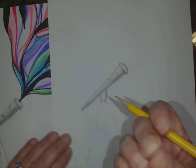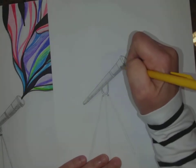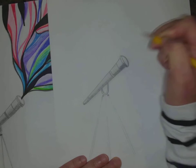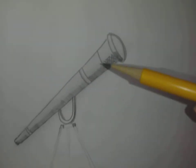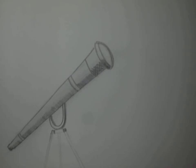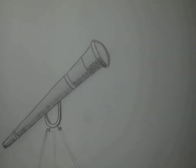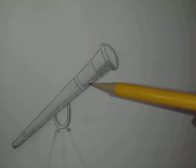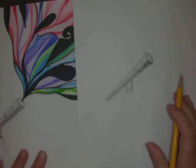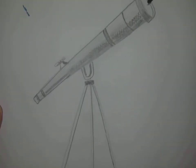Okay, and now I'm also going to go along it and create these tiny X patterns. I want to see if you can see how I've done that. It's these hash marks. So you see how I've taken, here we go, my camera's moving. All right, how I've taken lines and drawn them this way and then this way. They're crisscross. I'm going to do that all the way down. So it's going to give it another illusion that is giving weight to the bottom of my